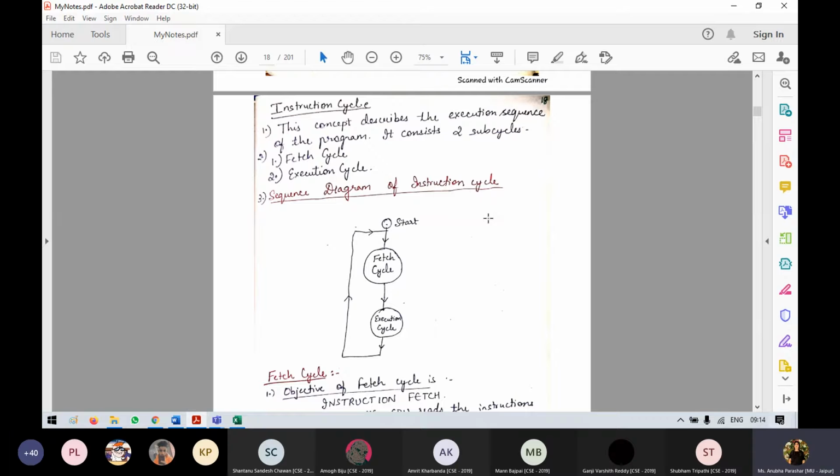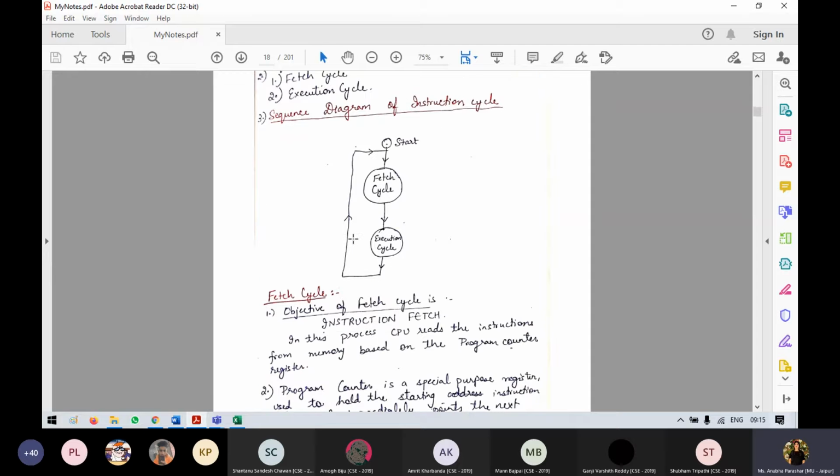To execute them, the instruction cycle is used. In the instruction cycle, there are 2 parts: one is fetch, one is execute. Fetch is generally used to fetch the instruction from main memory to the CPU, or the processor. And once the instruction reaches the processor, it will start executing. So this is the instruction cycle.